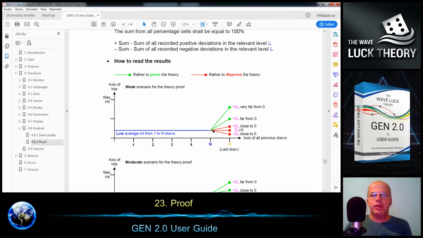But if the deviation is far or very far from 0, then we can say that it has a tendency to prove the theory. That's the weak scenario.